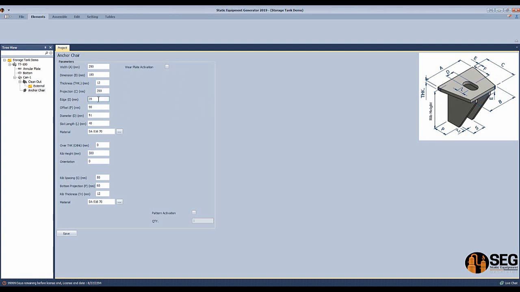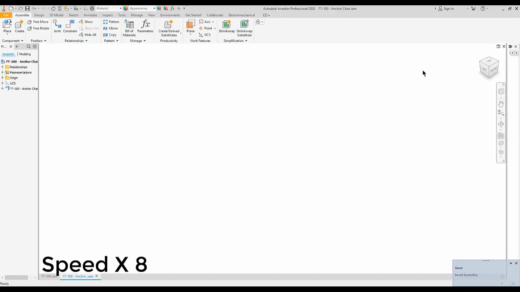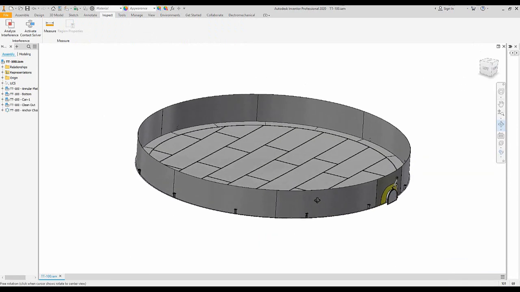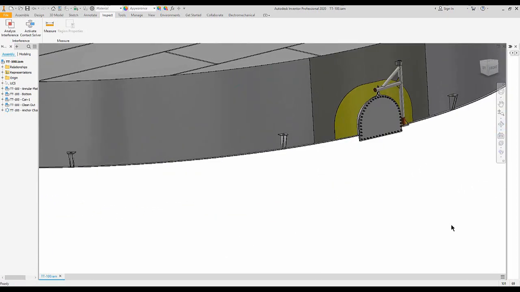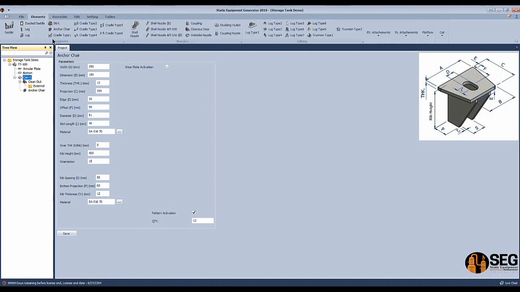And let's change the rib height. Okay, let's change the rib height, and let's make the orientation to 50 degrees, and we will need 12 pieces, and click start. Okay, now we have those anchorages around the tank, like this. Now we will add a clean outdoor, so from here we'll select the can 1, and from here